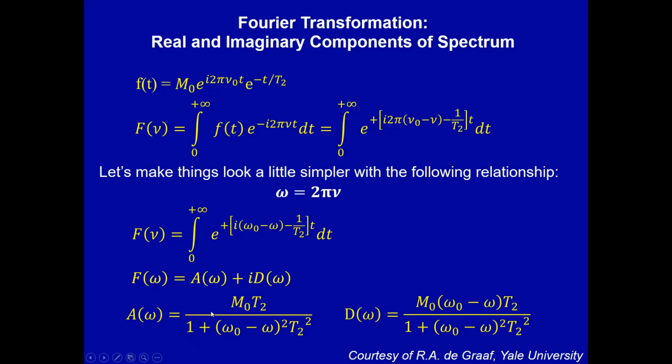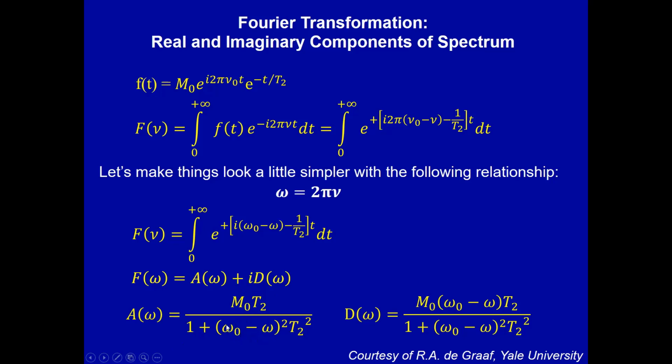So the value at the center of the peak is A equals M0 times T2. That is the biggest the amplitude of the absorptive component can ever be. If you move a little bit away from omega 0,